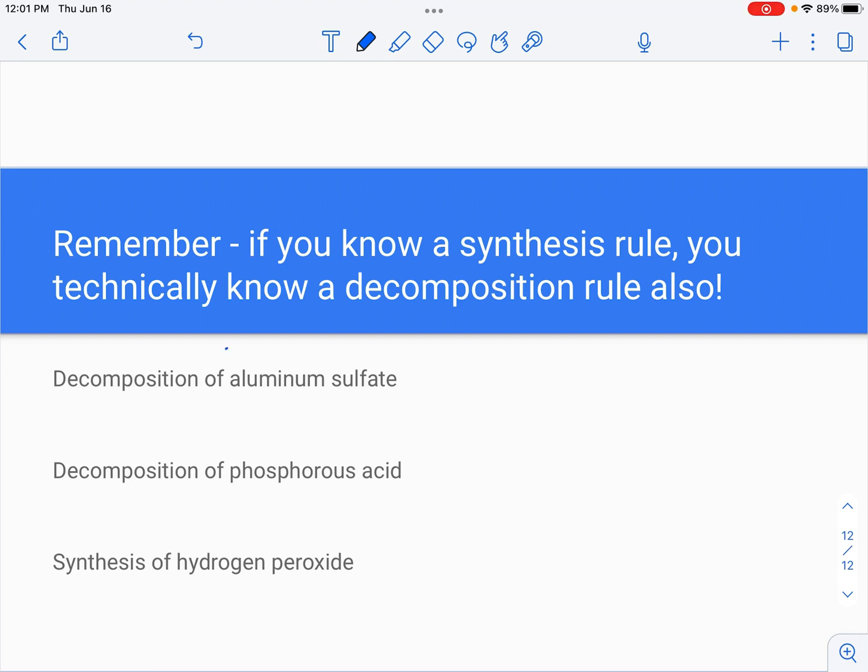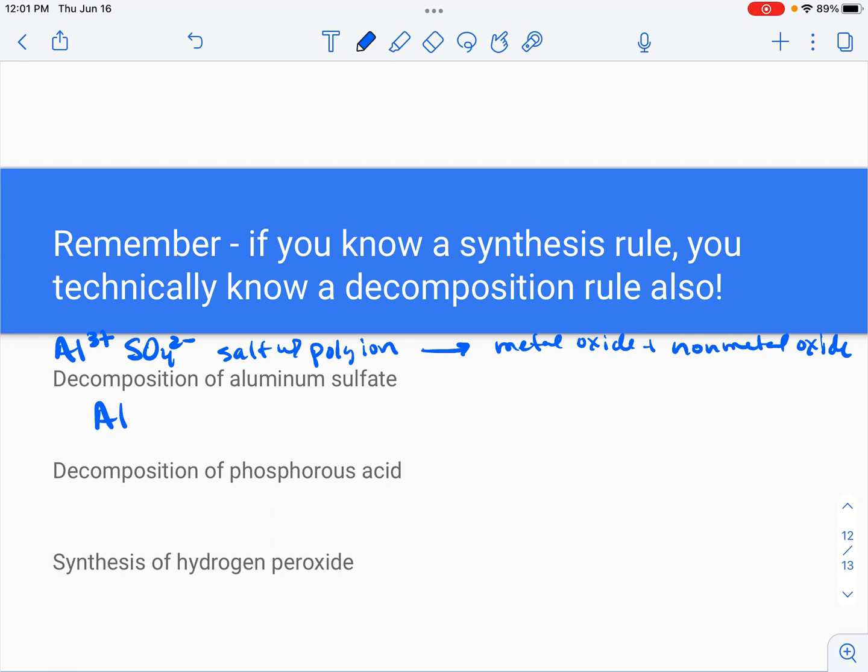So aluminum sulfate is a salt with a polyion, which means that it came from a metal oxide and a non-metal oxide. So I have to decide what those two are in order to decompose it. Aluminum is Al3 plus and sulfate is SO4 2 minus. So I'm going to do Al2(SO4)3 as the formula of the compound. I need to get a metal oxide, so the metal has to be aluminum, and oxide is 2 minus, so this would be